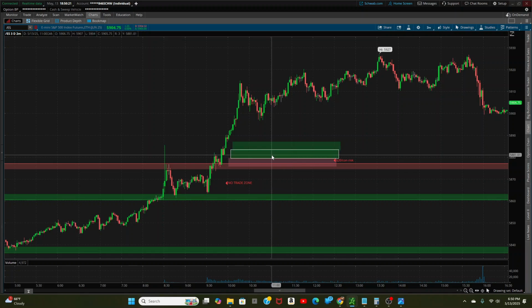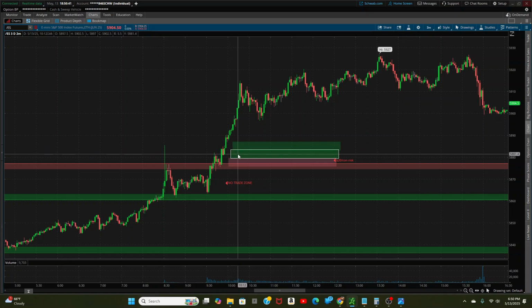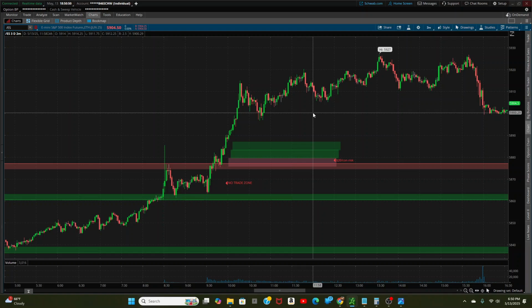When it comes to scaling, pretty simple with that. I like to take off 25% of my original position size at around 1.25 risk to reward. So that would be right around this point here. And that's just so we cut our risk damn near in half if price were to immediately reverse after that point and stop us out. And we don't have to move our stop. So we're giving our position plenty of room to breathe, and we're also reducing our risk. Moving your stop loss makes it really easy to get stopped out on a pullback. By doing this, you avoid that and you're able to cut your risk